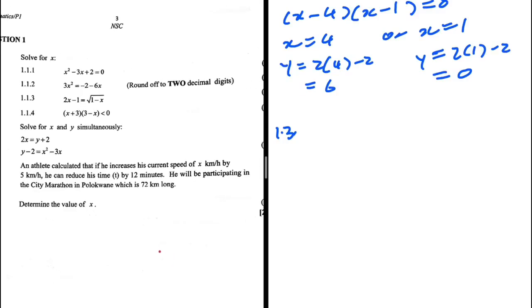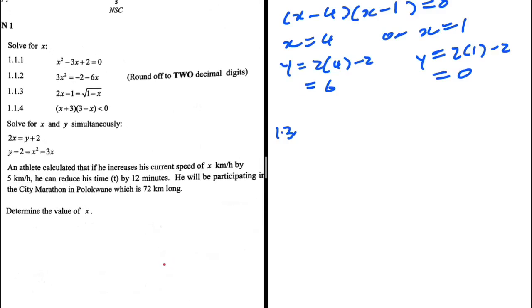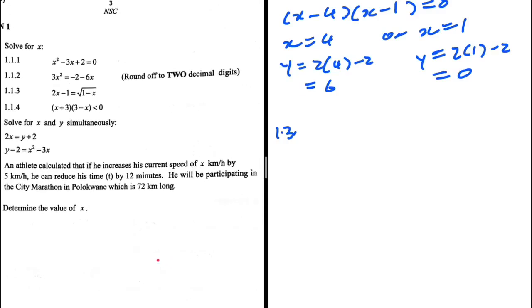1.3, the last question, equation 1, it's always a bit challenging, right? But let's take a look and see what is happening. So his speed initially